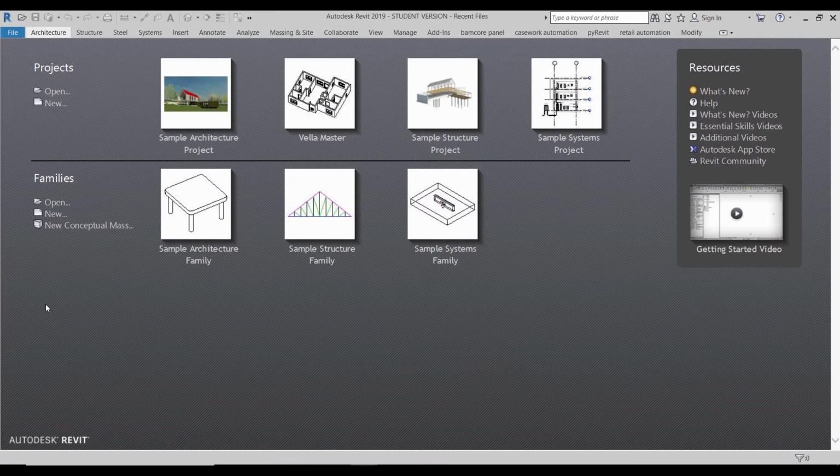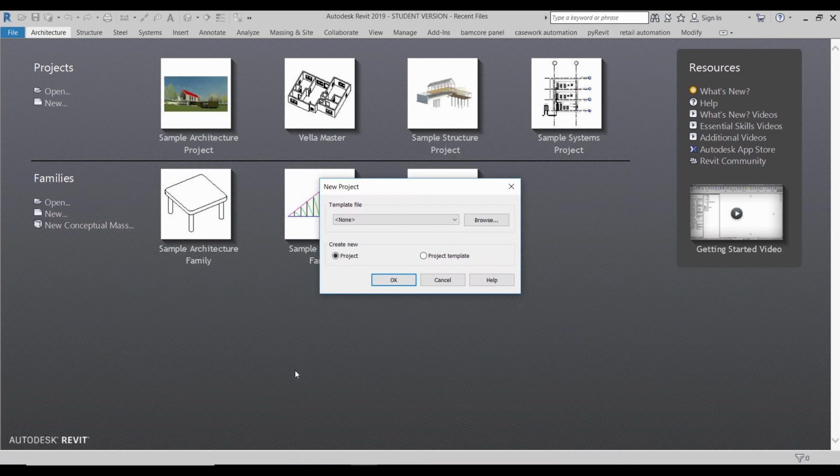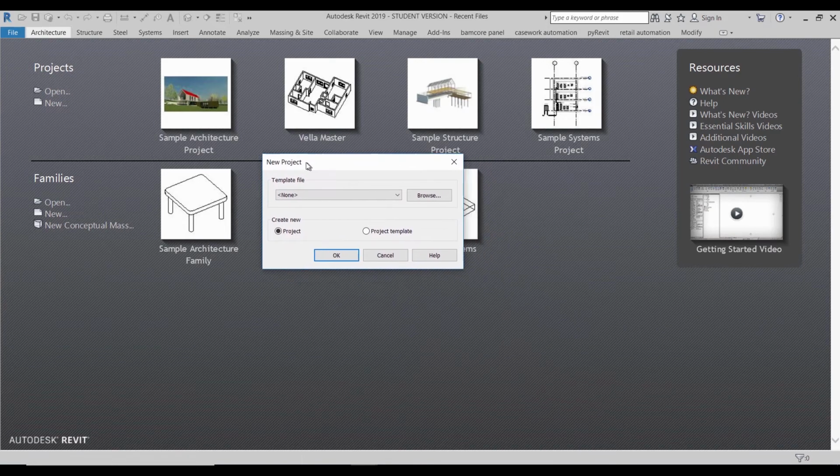So let's now create a new project. When you create a new project, it first gives you the option to choose a template file, which is a template of different views or different view qualities, line weights, different parameters that are set up within the model that allows you to automatically dive into a project without having to set up all this stuff from scratch. Templates are .rte file format, and you should be able to browse those and find those. Or you can also just create a new project template from scratch here as well. For us, we were just going to use a new project and use a default template.